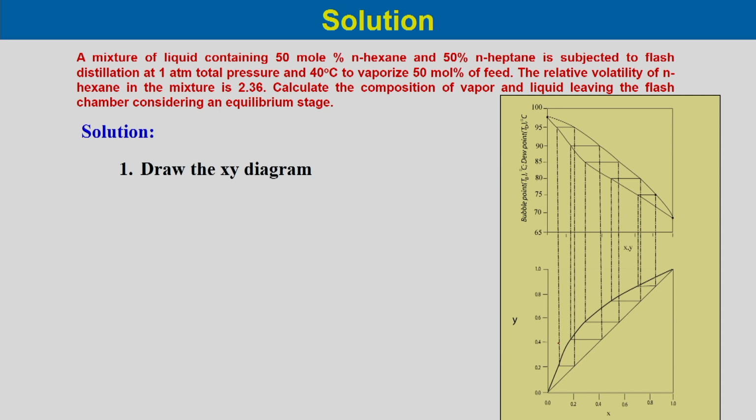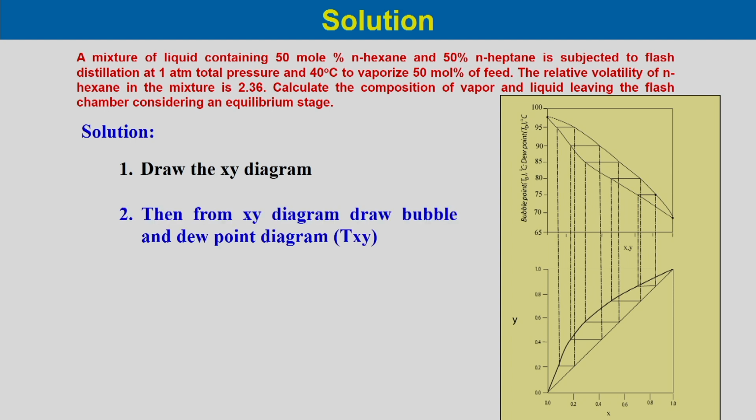First we need to draw the x-y diagram. As the bubble point and boiling point are given for both components, and their Antoine equation is given to calculate the vapor pressure, either from there or from here we can plot the Txy diagram, the dew point curve and then the bubble point curve, as shown, because it is the same example we took during the first lecture. You can see the same figure here.